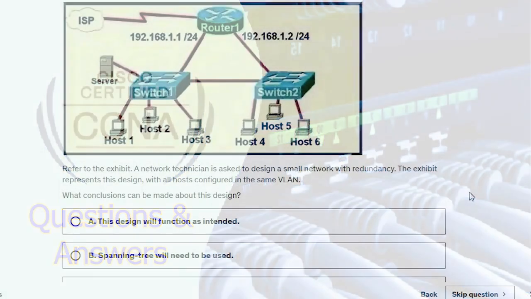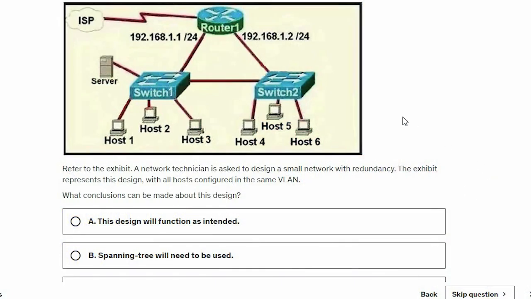Question number 1. We have a scenario. We have an ISP, a router, a switch, a server, and different devices, which are host 1, host 2, host 3 to host 6. We have the connection from the ISP to the router, and from the router to the switch, with different IP addresses. So,